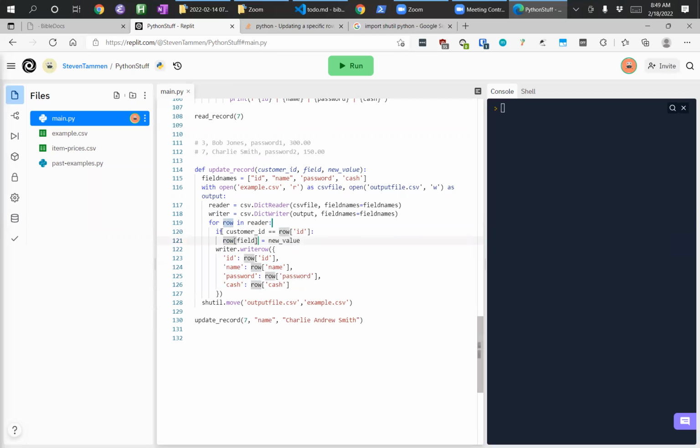And then Charlie Smith gets here. Well, his customer ID is 7, and if 7 is equal to 7, that's true, so we jump in here. Then we say, okay, the field we passed in is name. So we set the name in the row where customer ID is 7, which is what this conditional does, equal to the new value. And what's the new value? Charlie Andrew Smith. That's what we passed. We don't care what the value was before, but we set it equal to Charlie Andrew Smith. So if we run this,